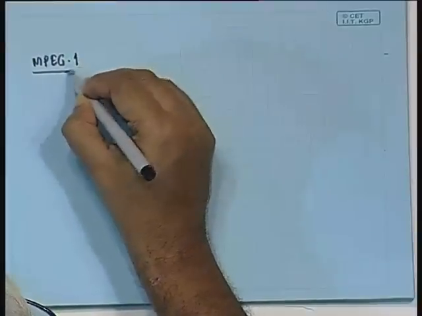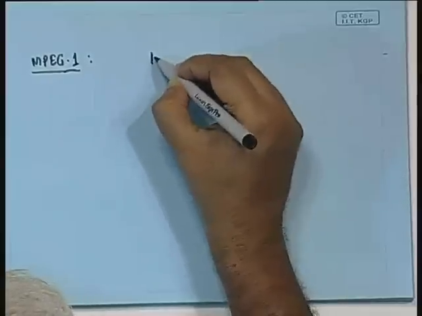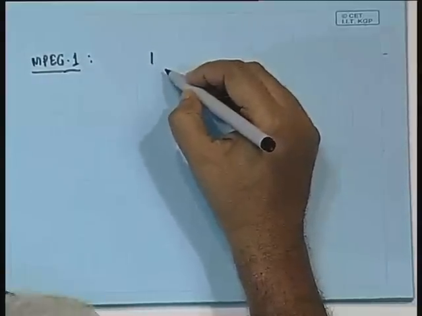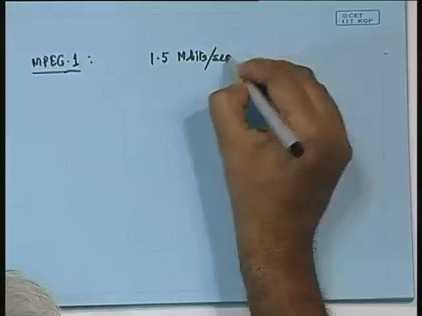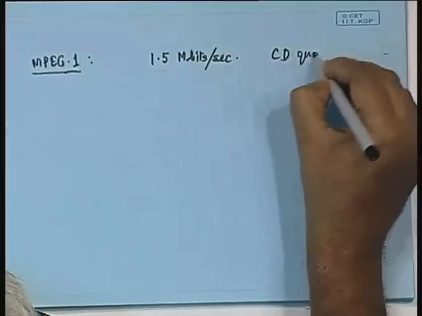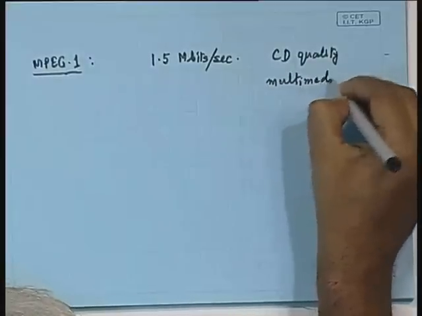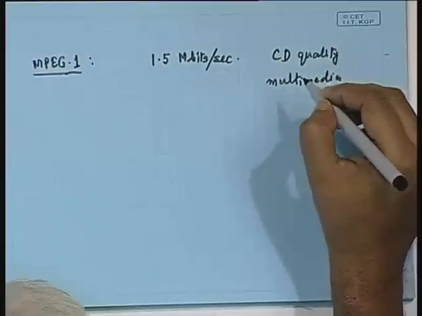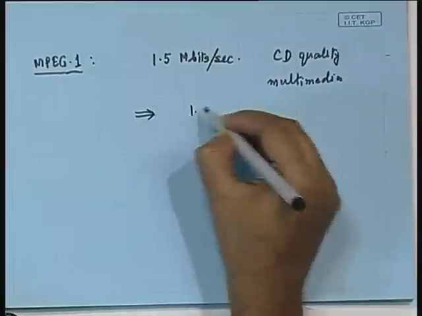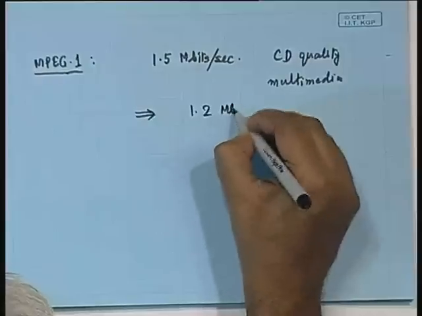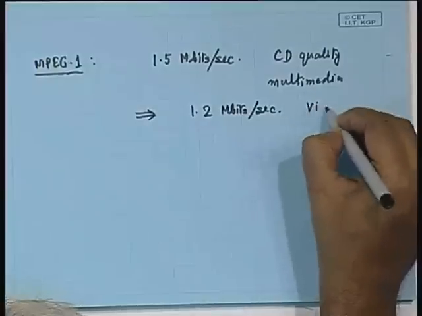So as the first standard we have the MPEG 1, and as you know MPEG 1 is designed for the CD quality multimedia storage at a bit rate of 1.5 megabits per second. Okay. So this is for CD quality multimedia, video as well as audio, that should be stored at 1.5 megabits per second, and out of this 1.5 megabits per second, 1.2 megabits per second according to the standard is allocated to the video,